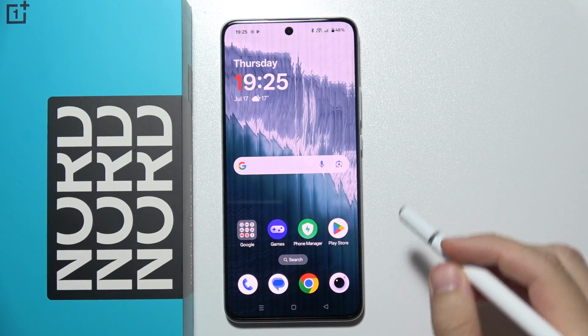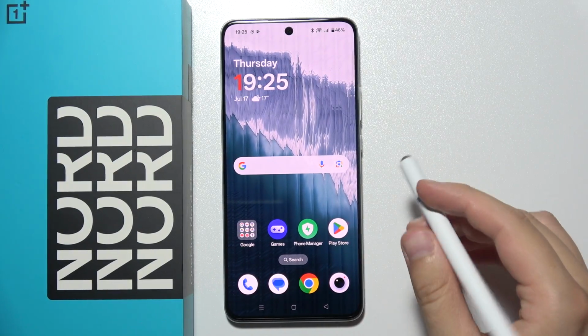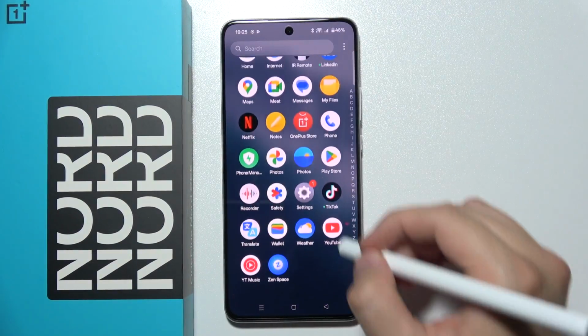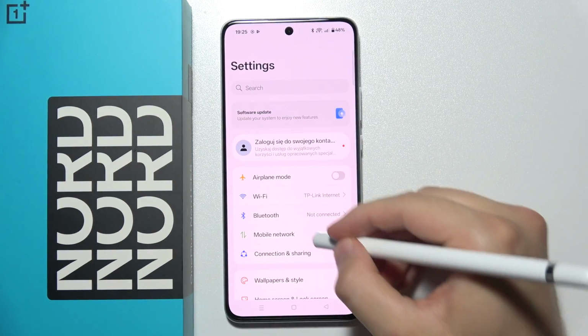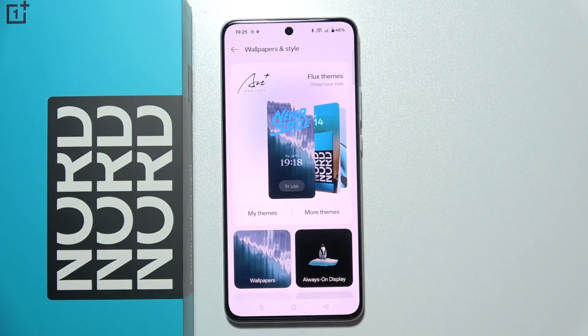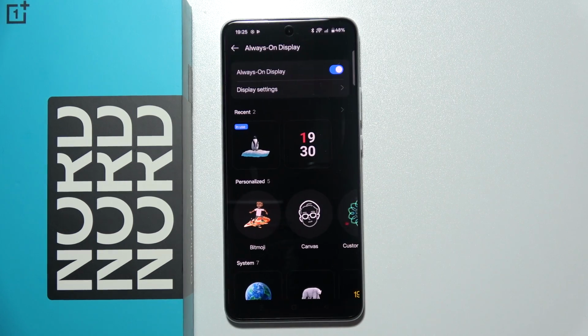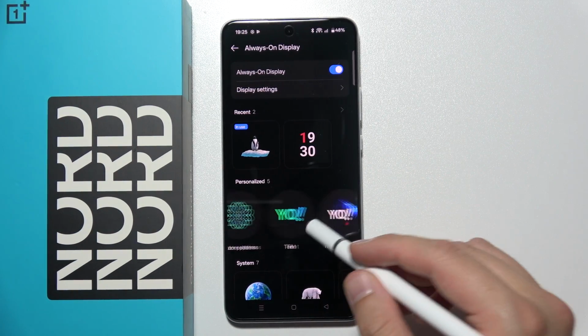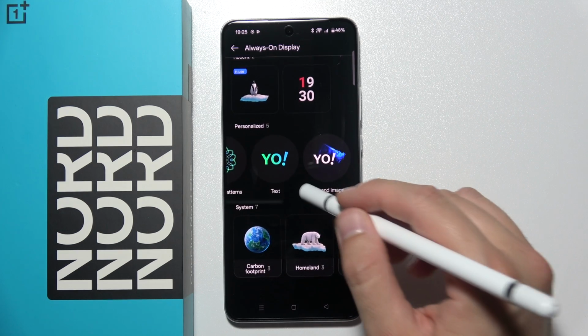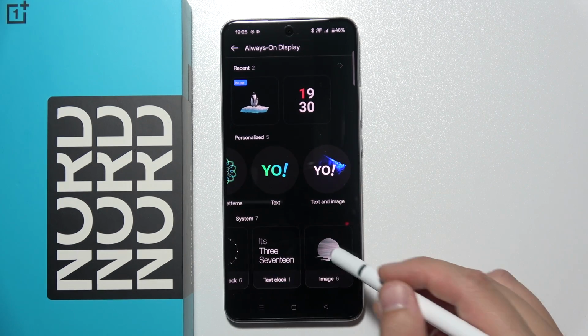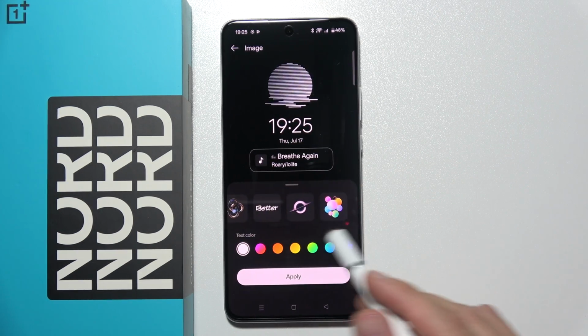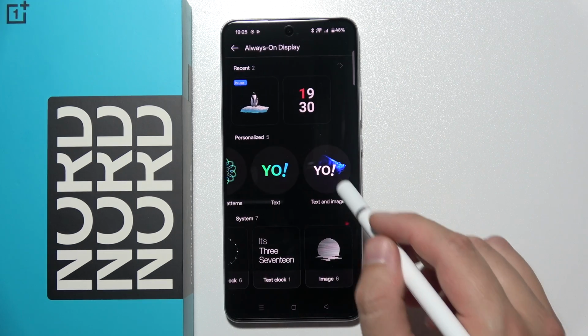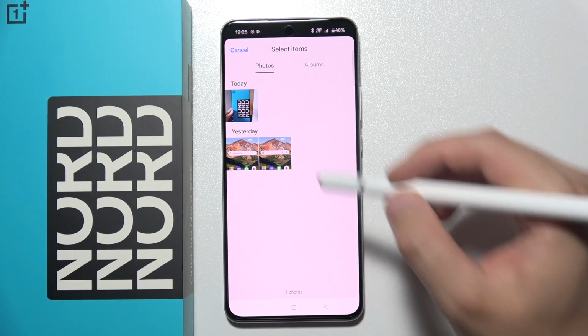If you want to set a photo as the always on display theme on the OnePlus Nord CE5, just go into the settings. Now you will have to go into wallpapers and style, and over here select always on display. So as you can see over here, we can put the text and the image, or we can go with this image over here. As you can see here, we got only the default one, but when we click here, we can actually pick the photo from our